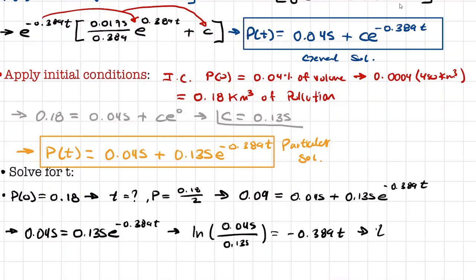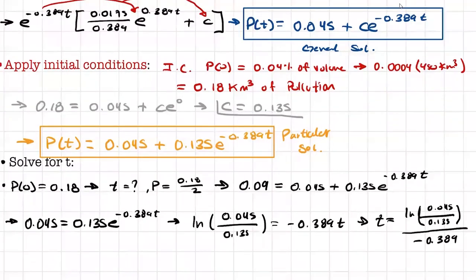And then solving for t, it will be the natural log of 0.045 over 0.135, all of that over negative 0.389. So if we do that, we get that t is about 2.82